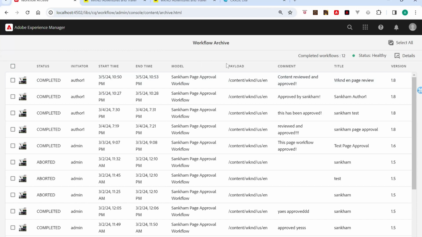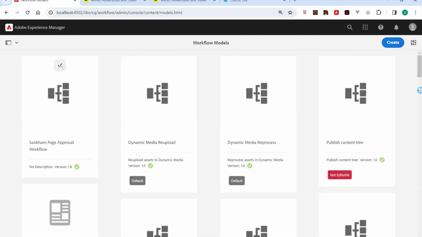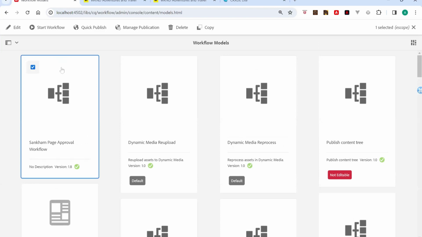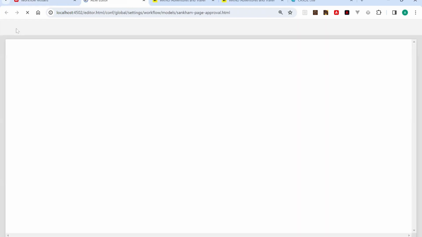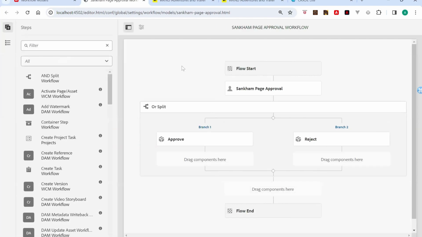Yeah, show the model. So now to see the workflow model, I'll just go to the model section. And this is the first one, this Sankham page approval workflow. This is our workflow model which we have created. If I just edit this one, and open the content tree as well,